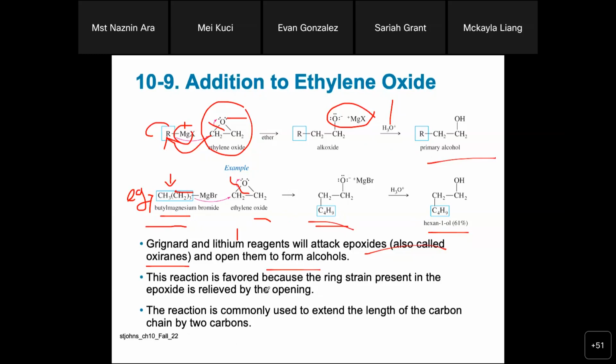This reaction is favored because the ring strain present in the epoxide is relieved by the opening. This ring strain, I talked about in detail in the last semester's alkane chapter. Anyone who has the alkane chapter, you can go back and learn, because if I start, it's very